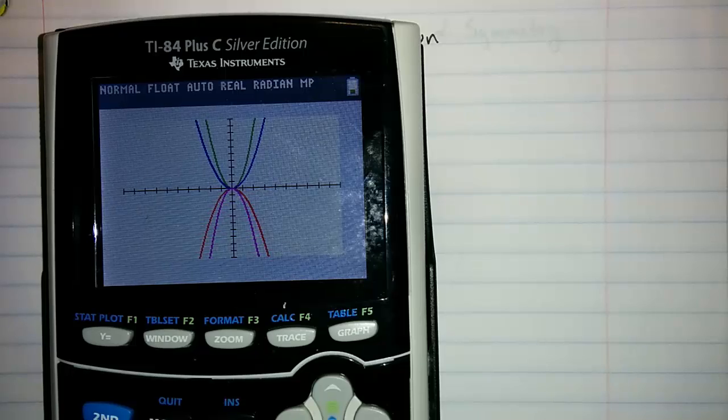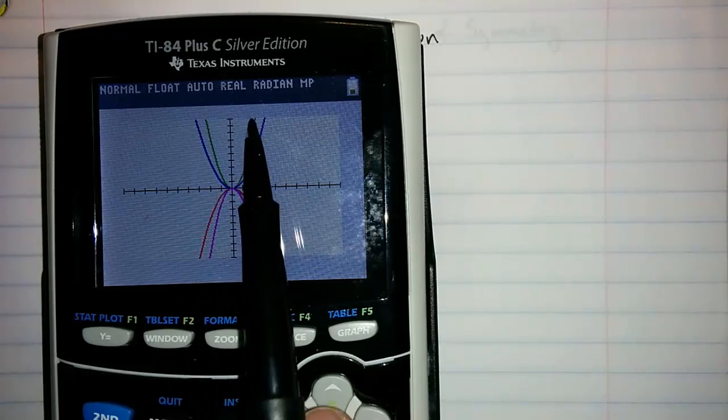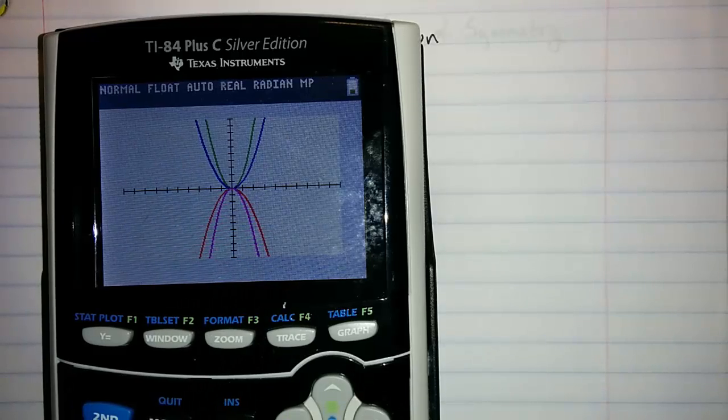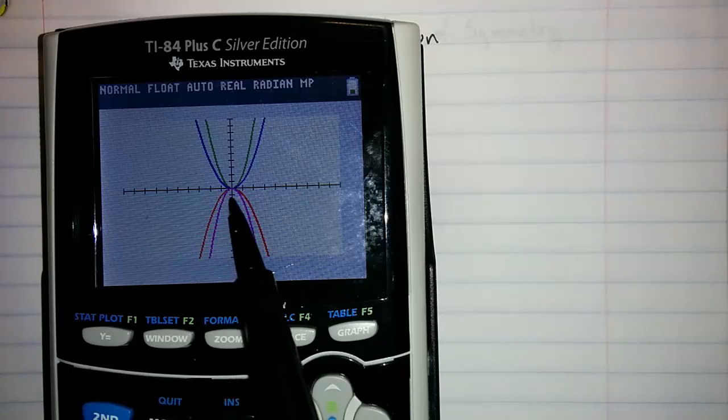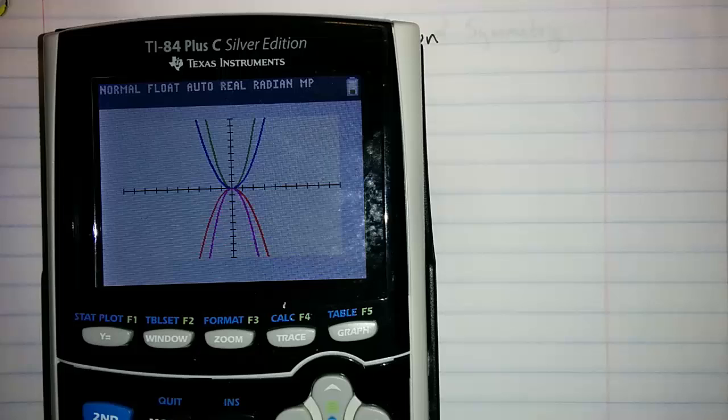What do we notice looking at this graph? The first two parabolas, 2x squared and 1x squared, open upward. The second two, negative x squared and negative 2x squared, open downward. It turns out that it's only that leading coefficient, only the value of a, that determines whether the parabola opens